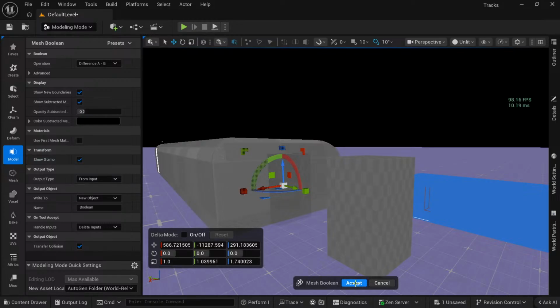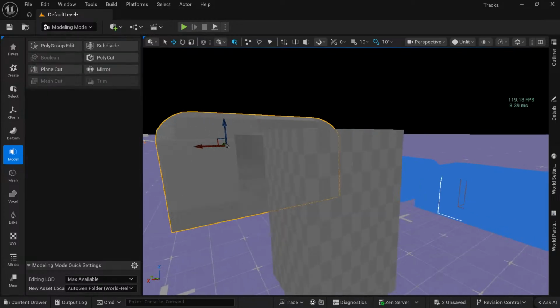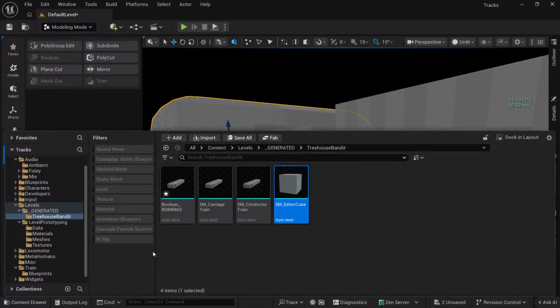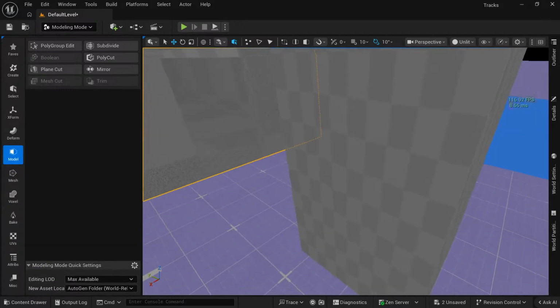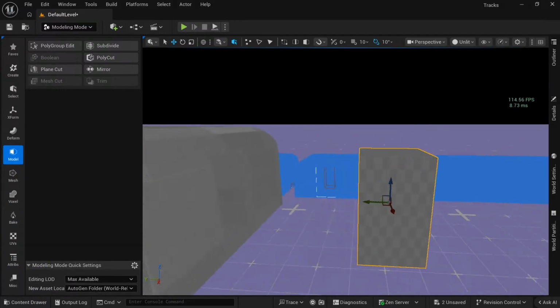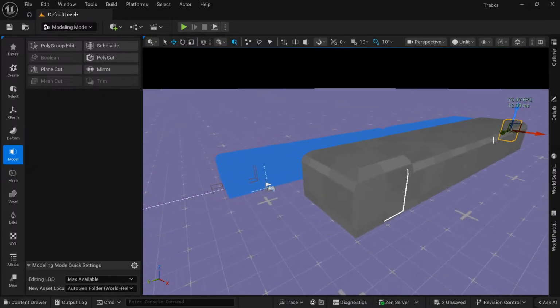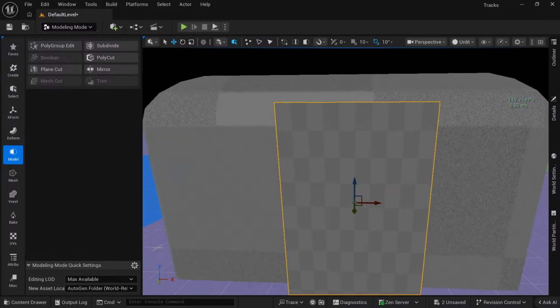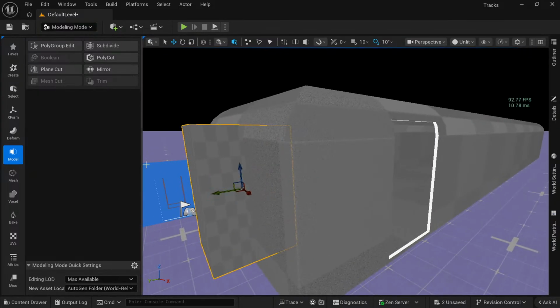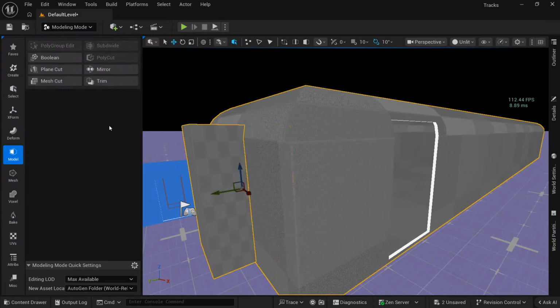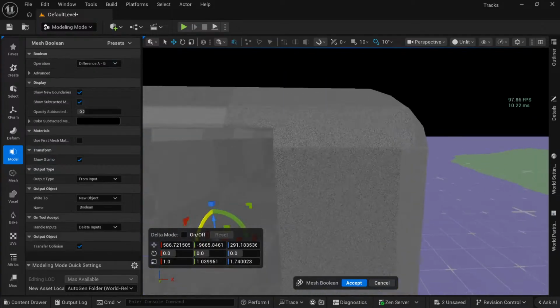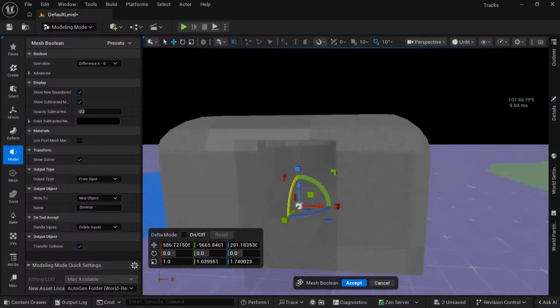Boolean it. So that will create one new Boolean, and now we can Boolean this one again. Now we'll just Boolean this. So now we'll have one that has